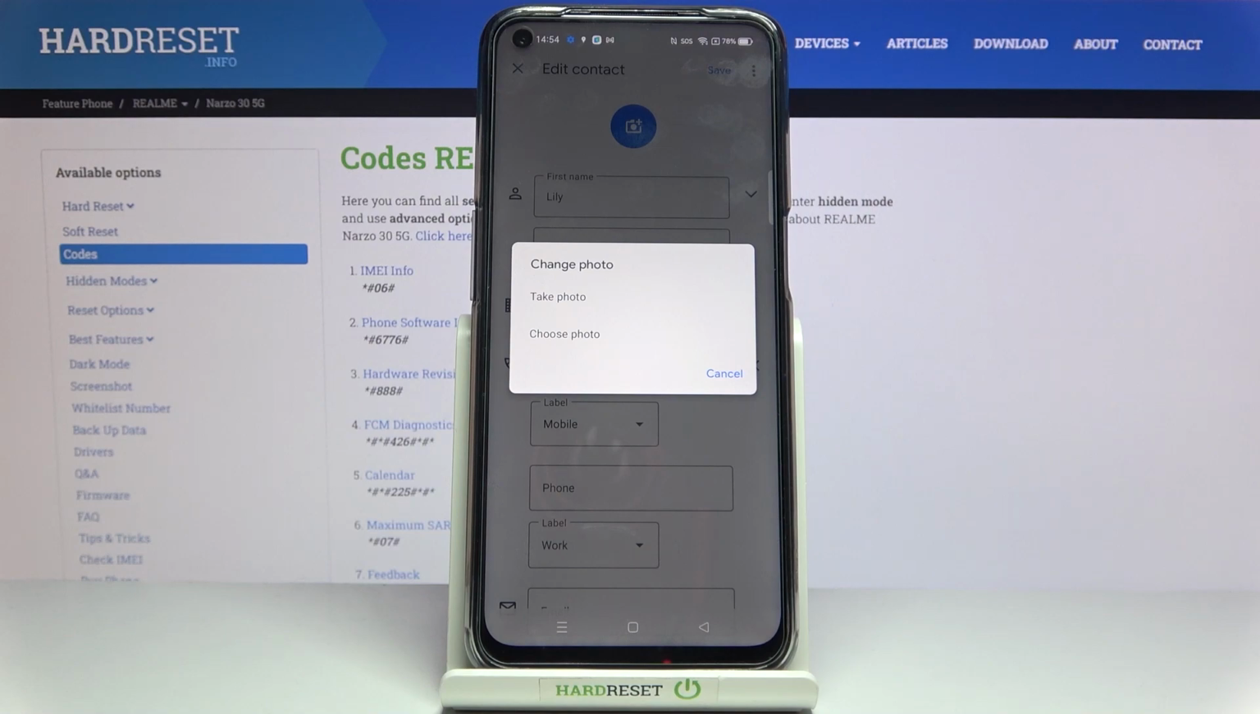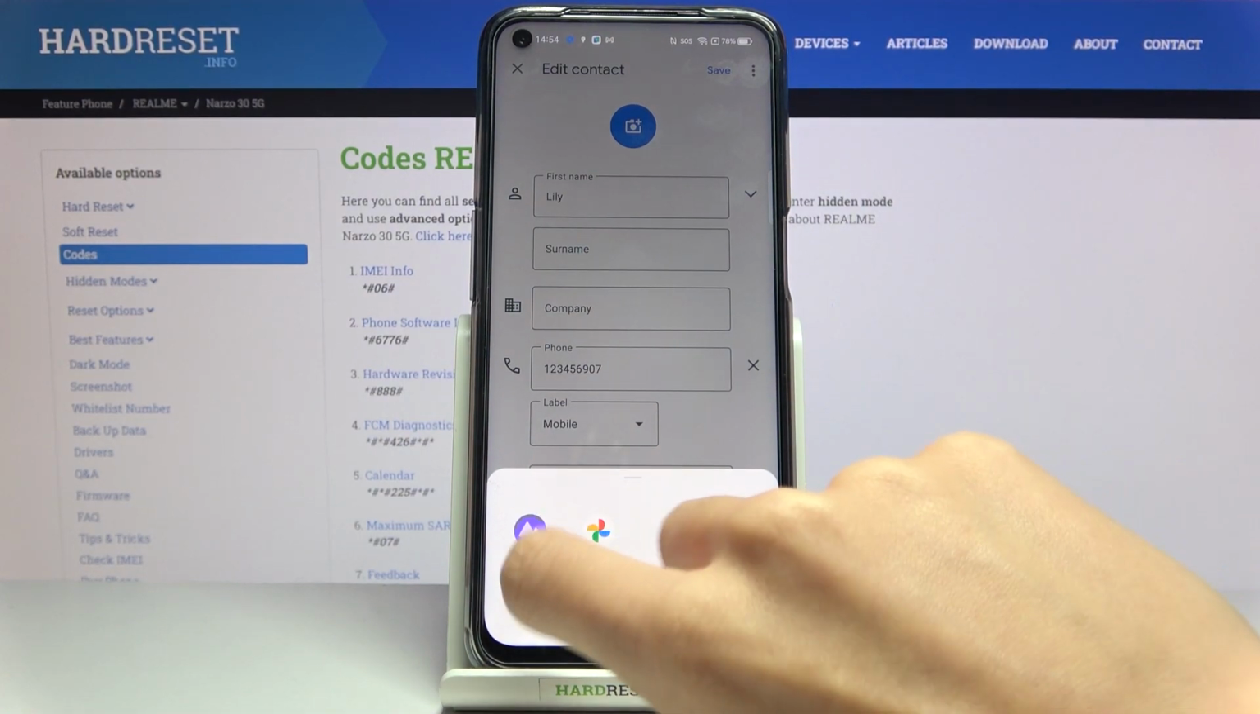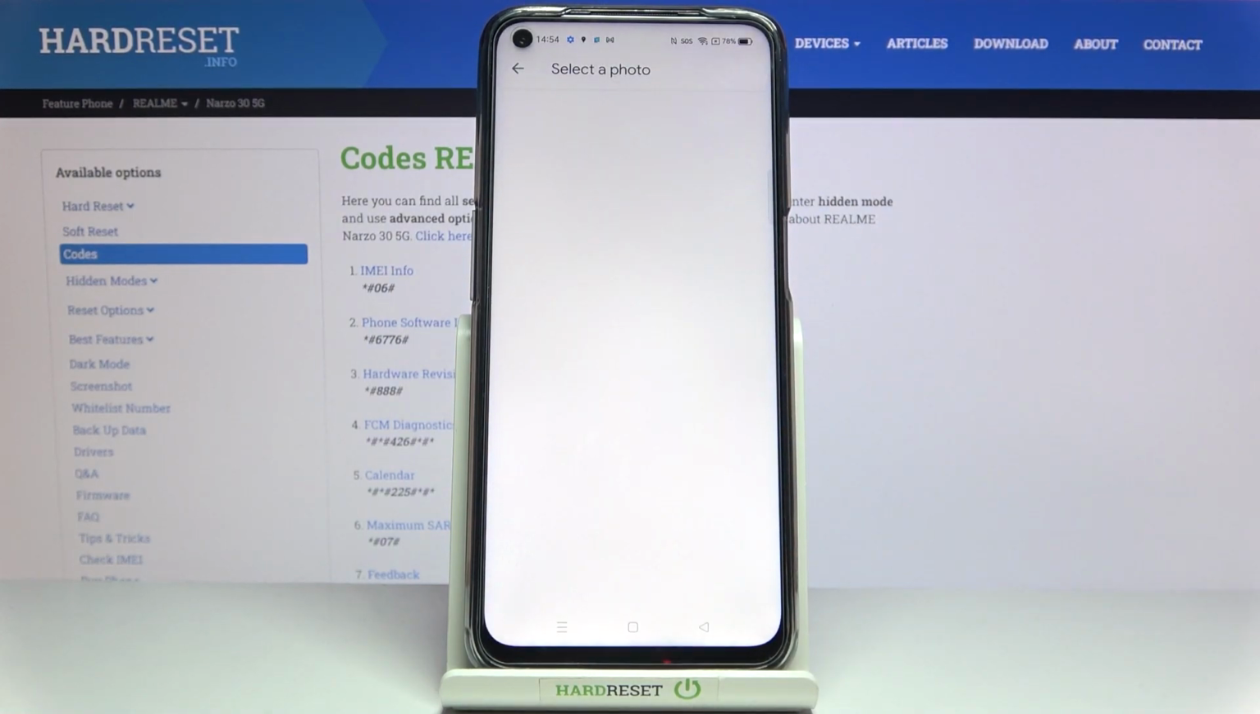And you can either take a photo if someone is sitting right in front of you, or you can choose something from your own gallery. Let me choose a photo, then just pick the album, tap on Allow,